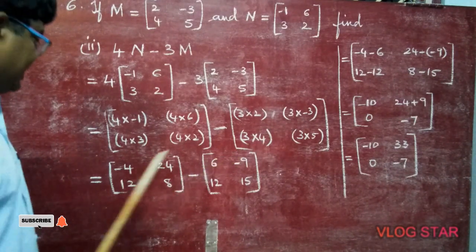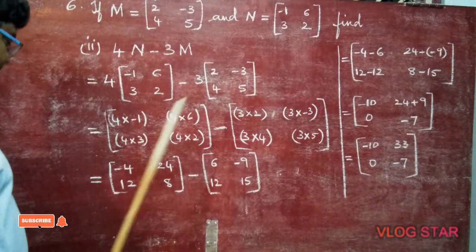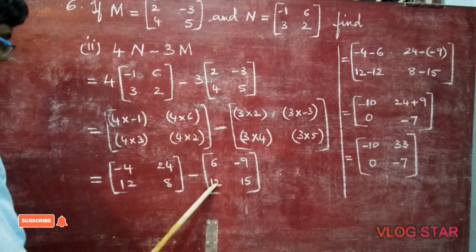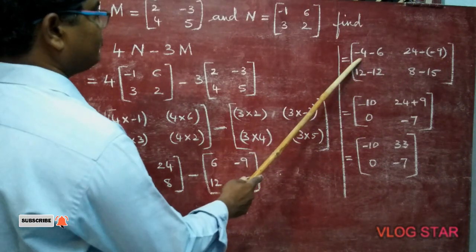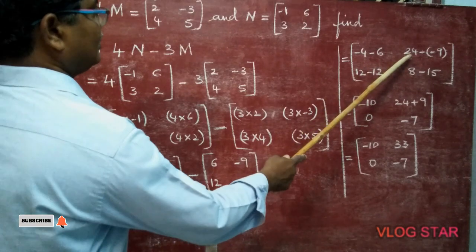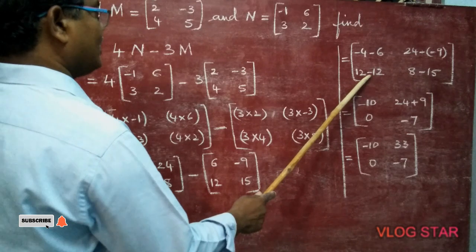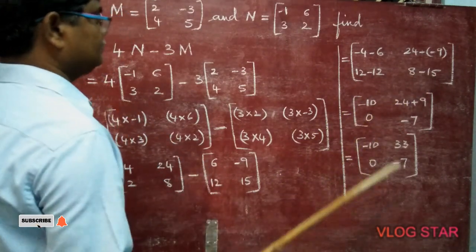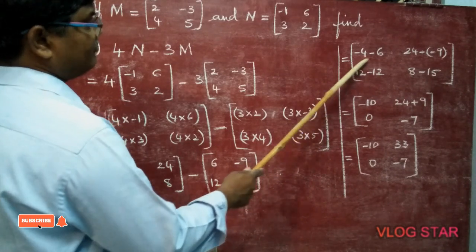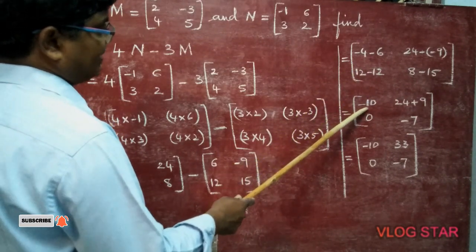Now we are doing first element minus first element, second element minus second element, third element minus third, fourth minus fourth. So minus 4 minus 6, 24 minus of minus 9, 12 minus 12, 8 minus 15. Now signs are the same, so we add and put the same sign. Minus 4 minus 6 is minus 10,